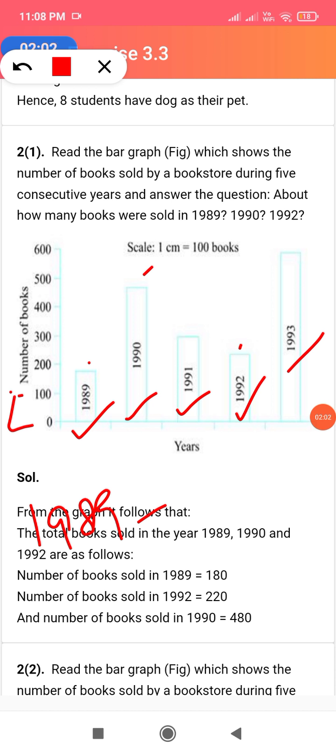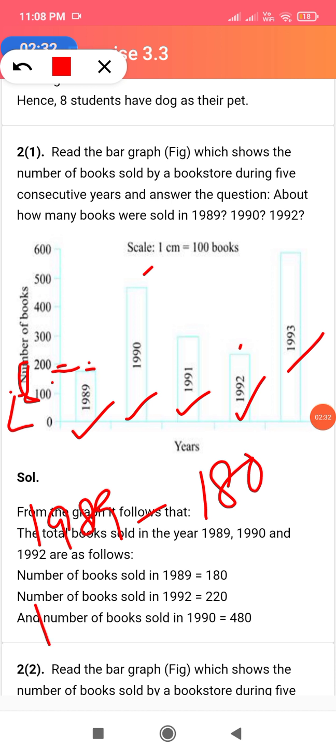If you see, 1989 is not completely 200. It is somewhere a bit below 200. If we divide this range, this would be 50 and here it would be 90, so I can say it is 180. You can divide it to find out.